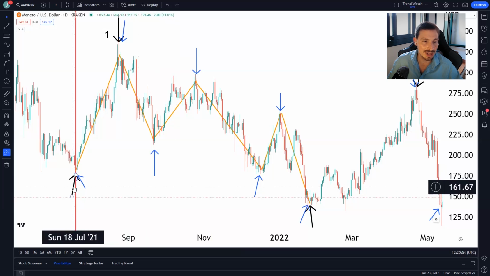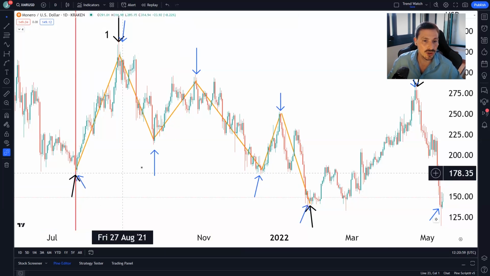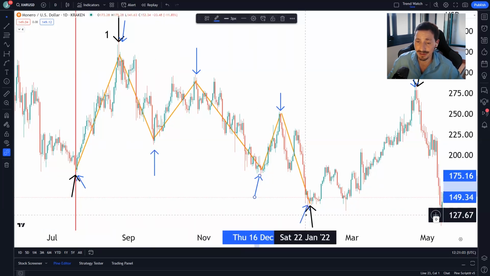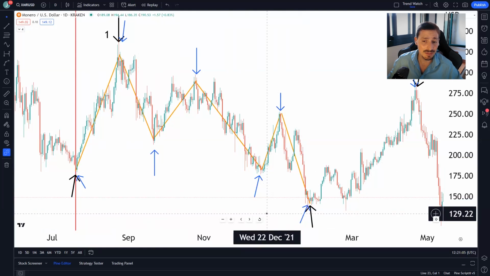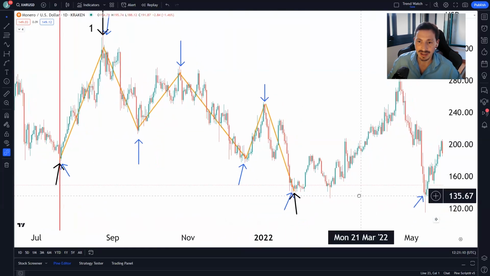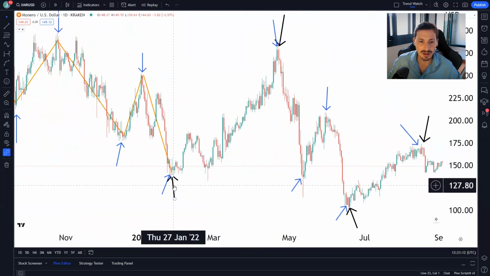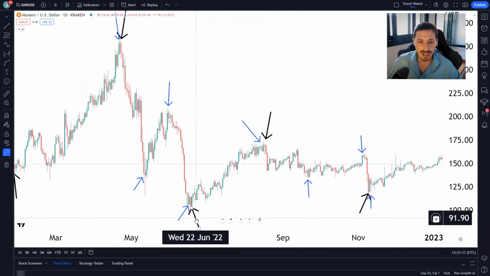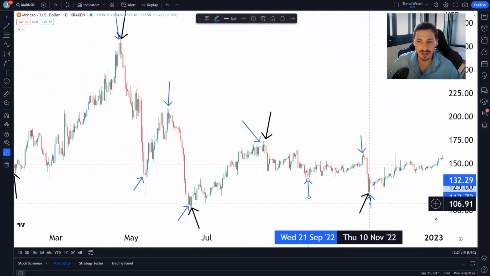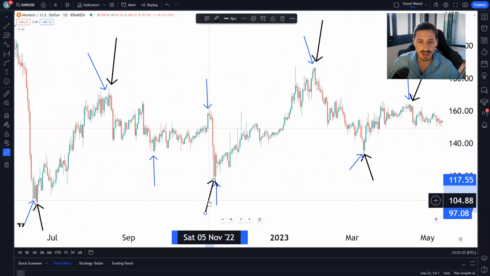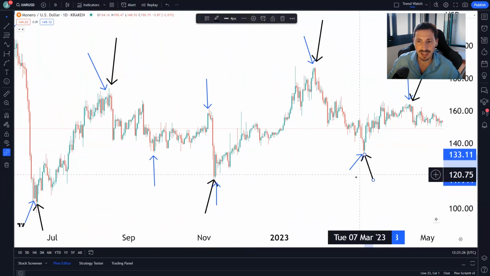Remember, for every black line, for every black arrow highlighting a low, I need at least 2 blue arrows. If I have 3, 4, or 5, that's okay. I've never seen more than 3, to be honest, but you may in other markets. So just going through this, 1 black arrow, 1, 2, that's good. Black arrow, 1, 2, black arrow here, and the next black arrow is